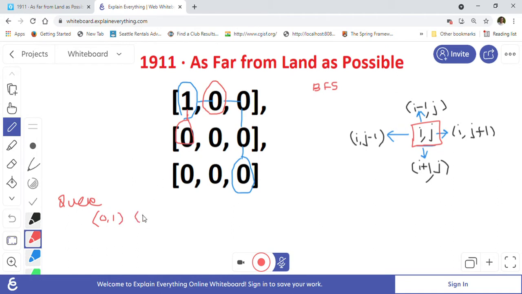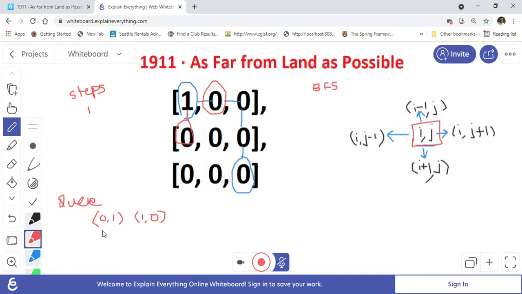That is the coordinate that we put in the queue, and at the same time we will increment our steps taken. How many steps have we taken? One step to go here as well as to go here. So we will have a variable called steps taken, and we will increment it. Now we are at 1, because we have taken one step to reach from this 1 to this 0, or from this 1 to this 0. The BFS will continue in the next iteration until the queue gets empty.